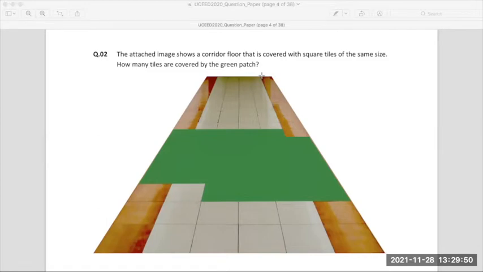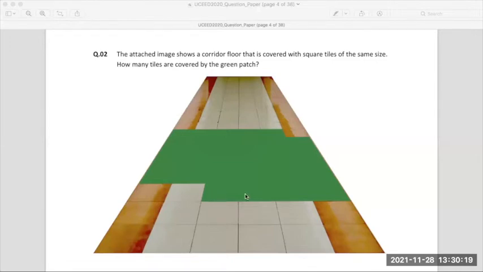Yes, fair enough, just the rectangle, not the extended part. Not the extended part, just a rectangle which is a block. Fair enough, that is correct. So in one row, how many tiles are there then? 6. 1, 2, 3, 4, 5, 6. 6 tiles. So 6 into 3, 18. 18 tiles clearly are not there.